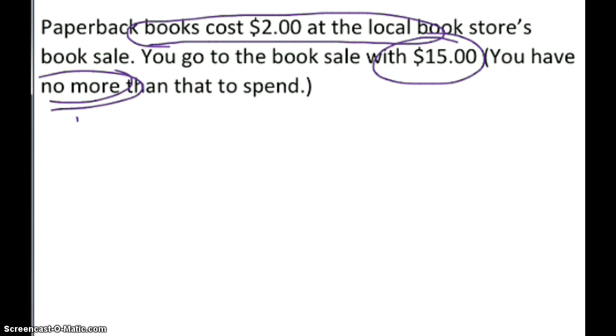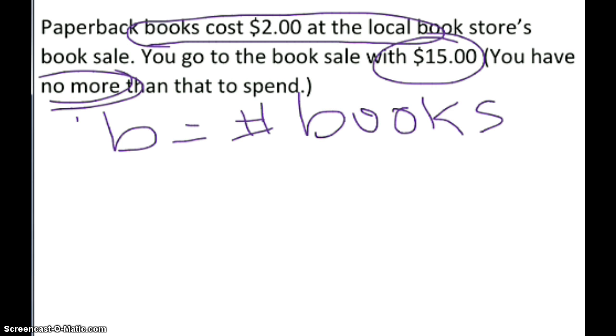So as you read the problem, what's the part you go, yeah, but I don't know this, or have an idea in your head? If you're still thinking, push pause. Are you wondering, well, how many books do I buy? That's the part I don't know. How many books? So we need to assign a variable for that. Decide on a letter, and it's kind of up to you, but I would probably use B for books. And now that you know B is going to equal the number of books,